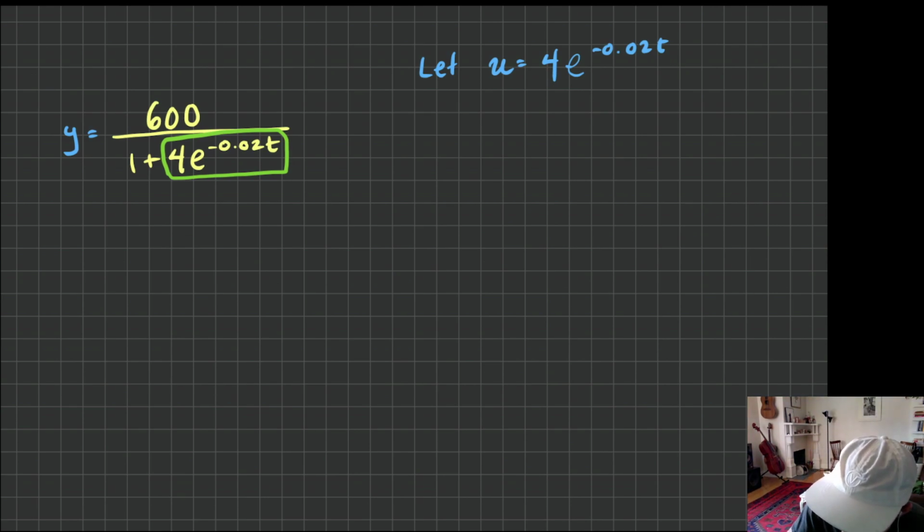One thing that I am going to need to know at some point is what du by dt is equal to. In other words, what's the derivative of u with respect to t, or d by dt of u? And that's going to be 4 times negative 0.02, which is